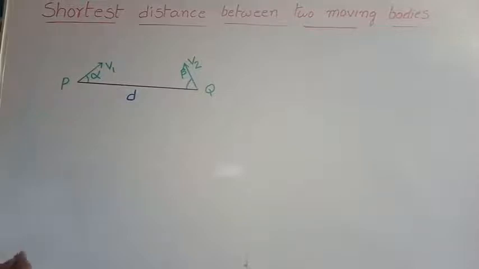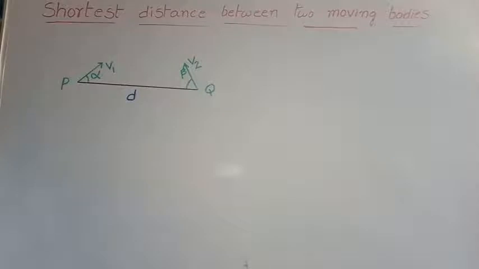After t seconds, they will reach some minimum distance. What is the minimum distance between two particles? So how to calculate the minimum distance? To calculate the minimum distance between two particles, we should keep one particle virtually at rest and then the second particle is moving. Then we can find the distance between this rest particle and the moving particle. It gives the minimum distance.